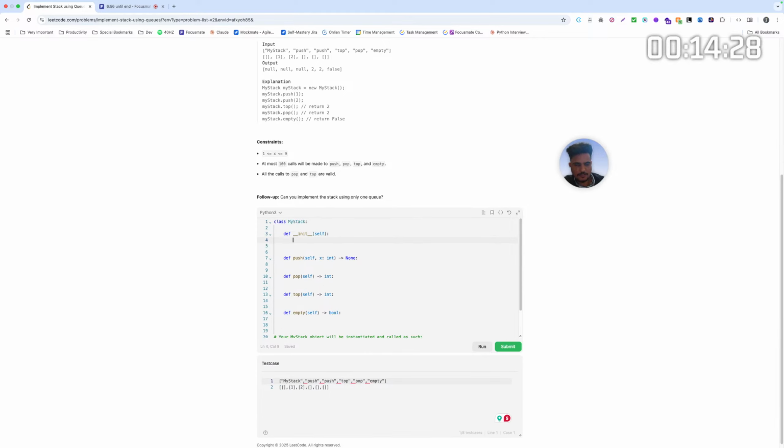So now we need to create the two queues first, q1 and q2. That will be basically temporary, right? Okay. So to push the elements to the stack,